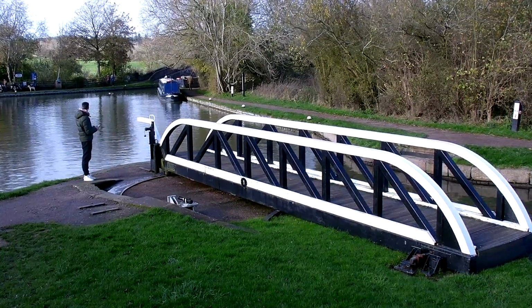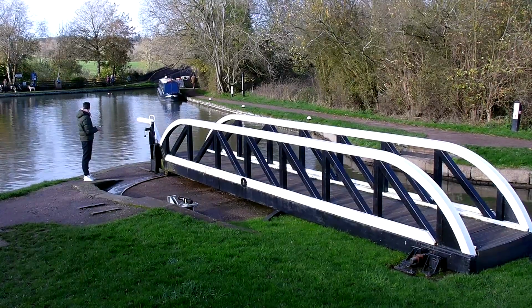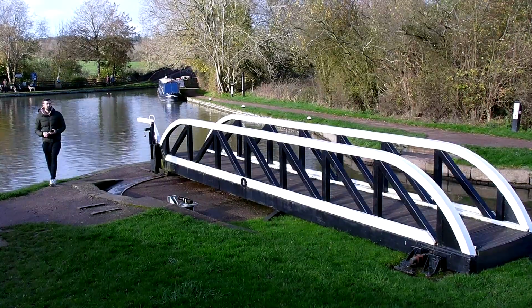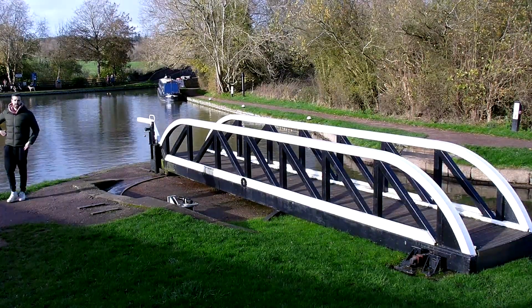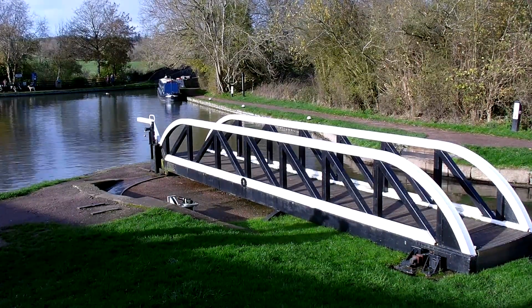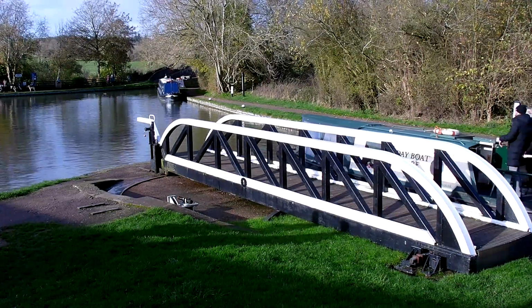Coming through in a moment is a day boat called Dragonfly, and I think it's from Market Harborough Basin. Are you guys from Market Harborough Basin? Yeah. Is that where you've come from? Yeah, Union Wharf. So as you've just heard, Dragonfly, a nice little day boat out of Union Wharf in Market Harborough Basin, and